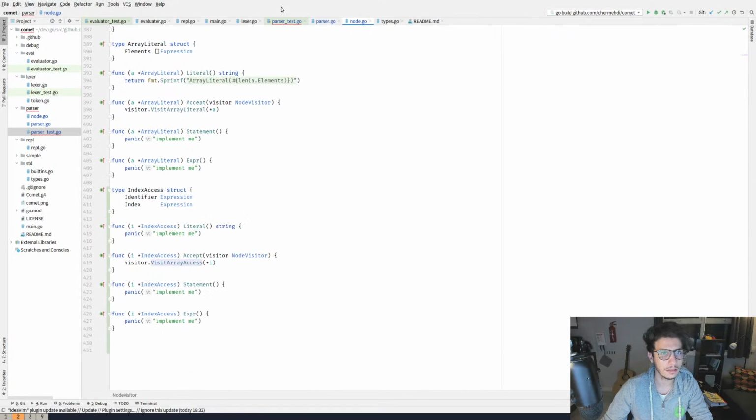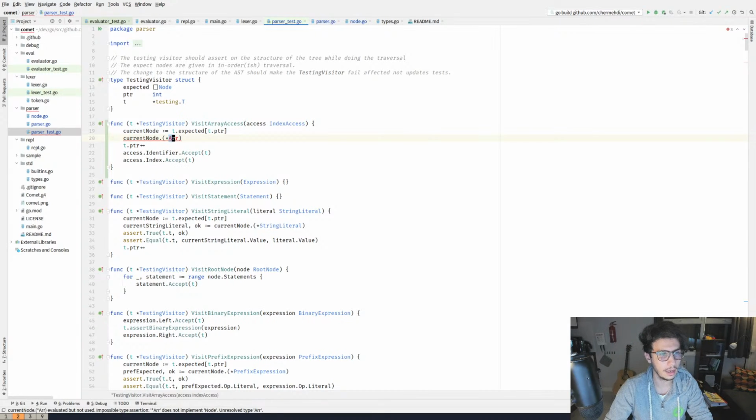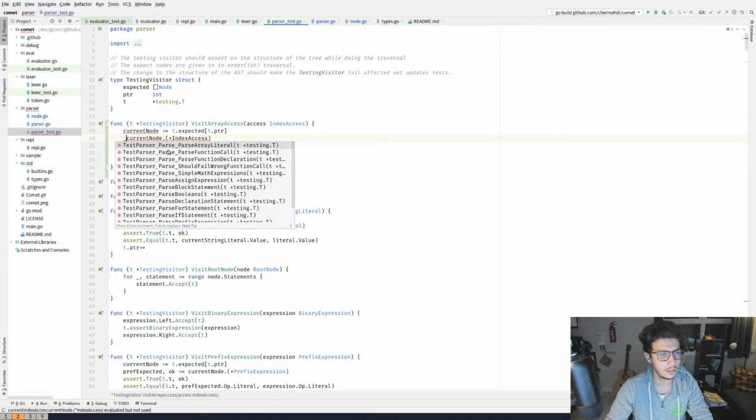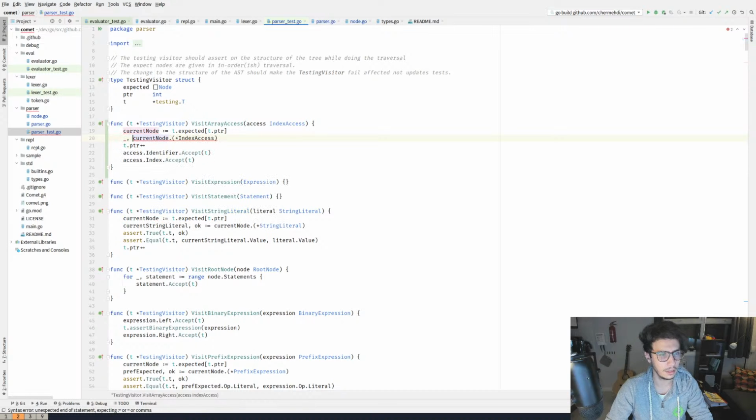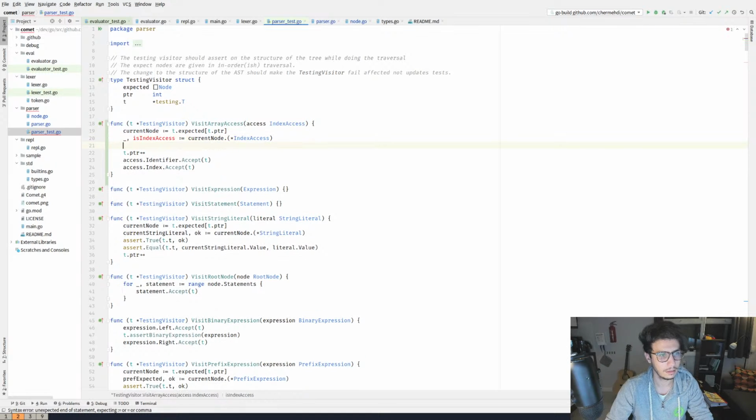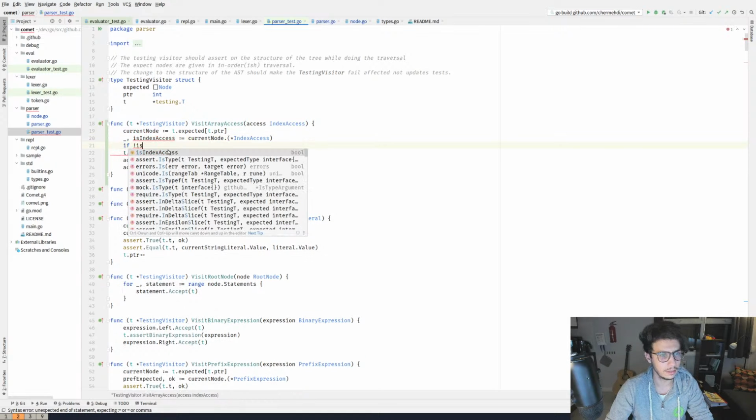It's index access. Yeah, I guess it's a better naming. So current index access. I'm not gonna use it. I'm just gonna say, hey, index access, and is index access.